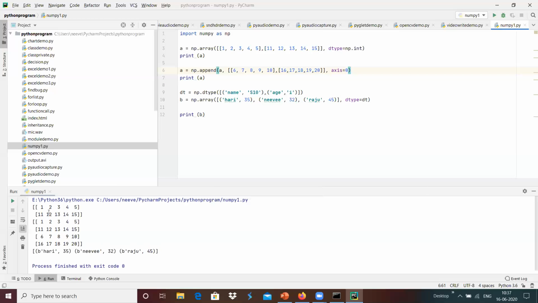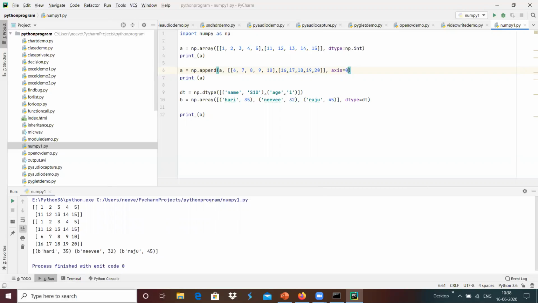The first array contains 1 2 3 4 5 and 11 12 13 14 15, and after that we can append another array, 6 7 8 9 10 and 16 17 18 19 20, which has been appended over here. So we can append multi-dimensional arrays.